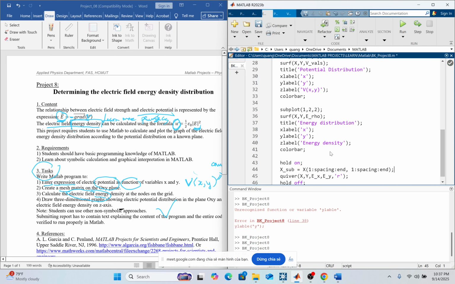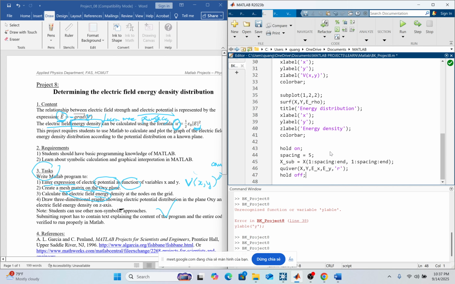And my spacing will be spacing equal 5. What does it mean? It's like I am taking all the points that are stored in the X matrix that I created above, but instead of using every point, I will just use each point with a gap of 5. Which means from the first value to the last value on the x-axis, I will skip 5 values and use 1, skip 5, use 1. So the step will be smaller and the step size will be larger.